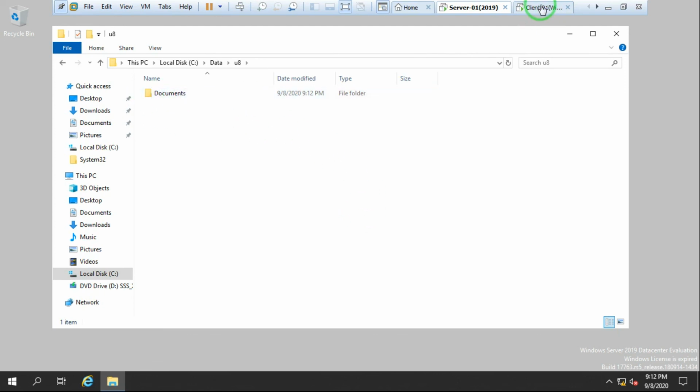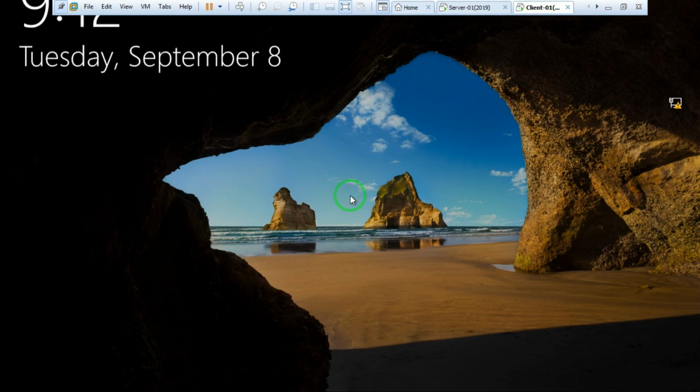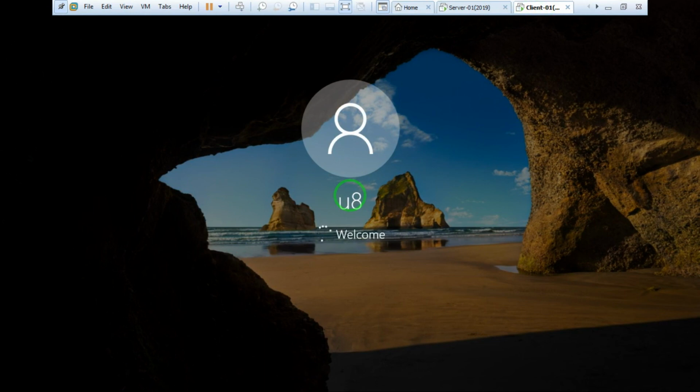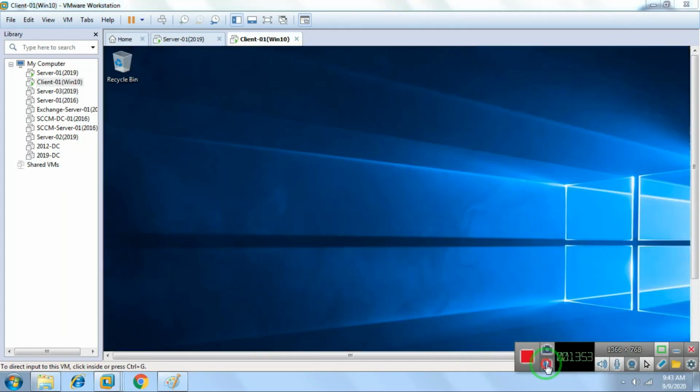Now if I log in with this client again with user 8 and try to see documents in the user profile under C users, it's not showing there.